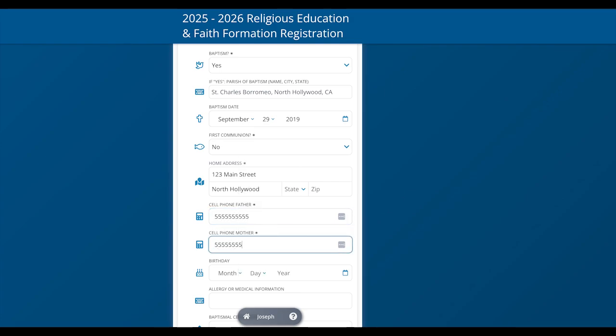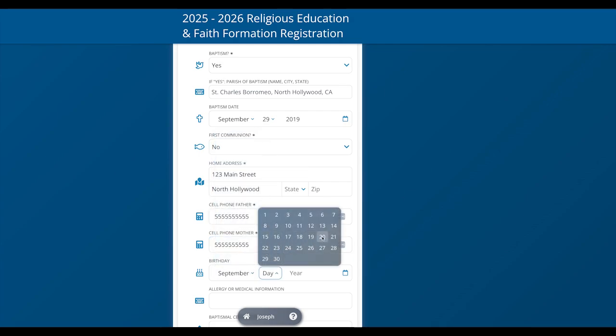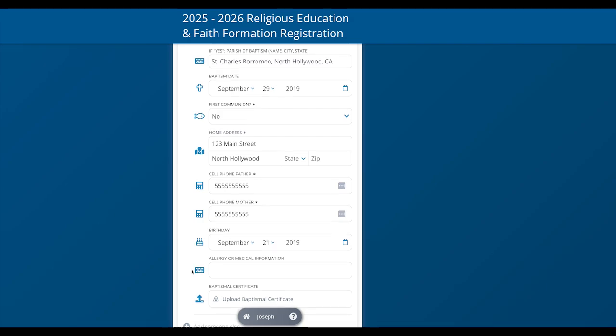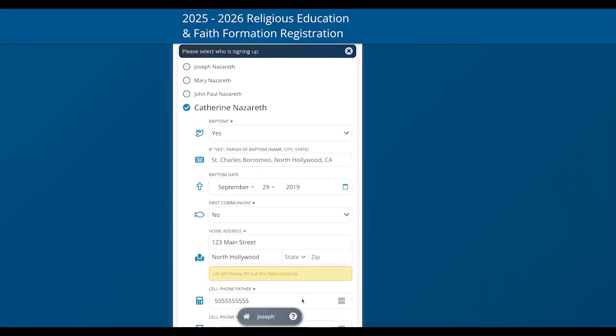So these are just fake numbers that I'm putting in, so I can submit this. And I have forgotten her birthday. September 21st, 2019, maybe. And Catherine doesn't have any allergies. And if we could try and upload a baptismal certificate if we had it.